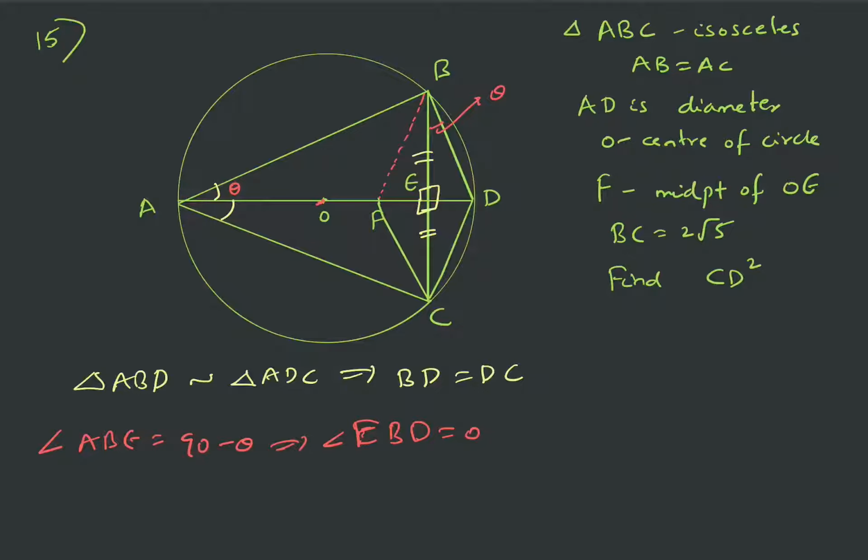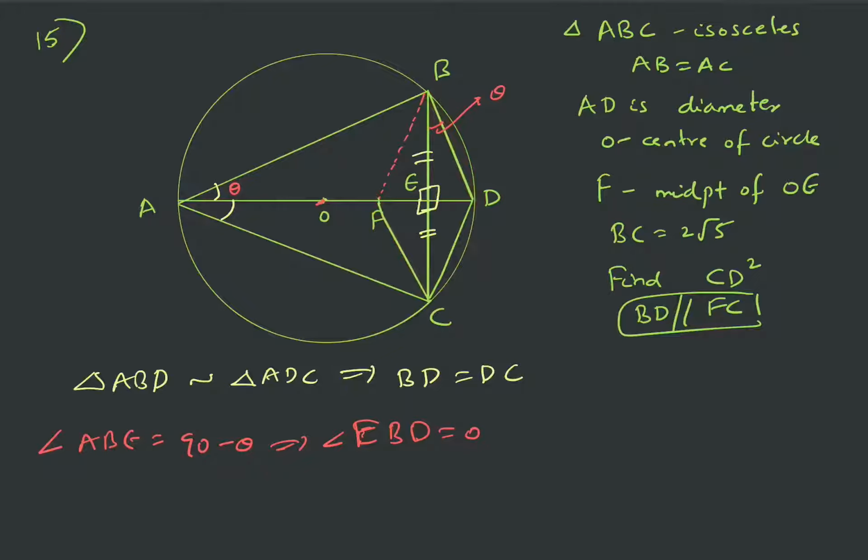Fine. Also, you can see that it is given BD is parallel to FC. I think I have missed the data in the question. In the question it was given that BD is parallel to FC, if I am not wrong. Let me just check it. Yes, in the question it is mentioned that BD is parallel to FC. So we have missed this data in the question. So BD is parallel to FC.